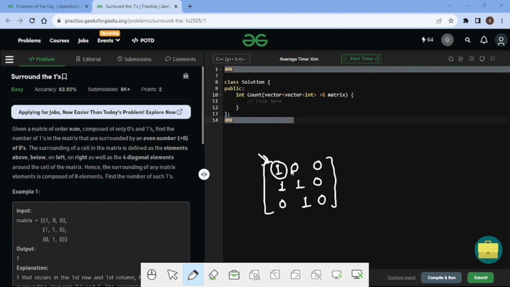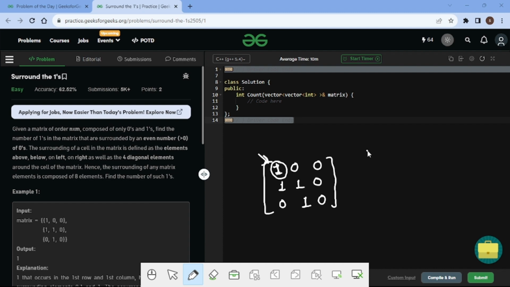We look in all directions and count the number of zeros. For this index 1, the possible directions are right, left, up, down and 4 diagonals. So if we count the zeros in all directions, in the right direction there is one 0.